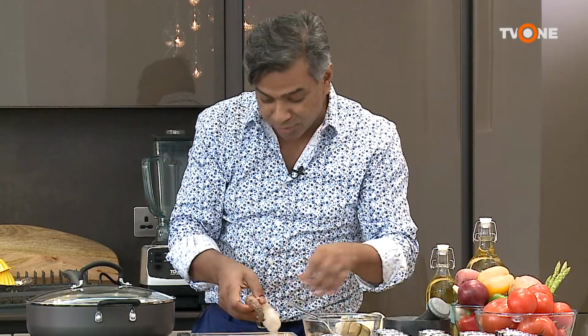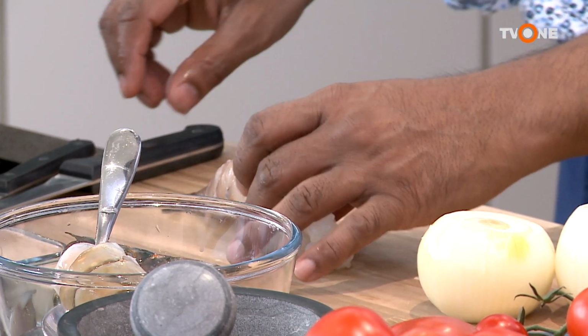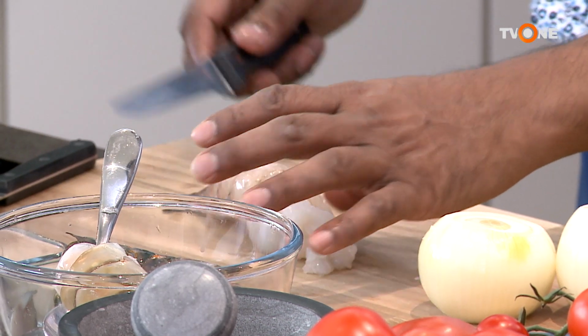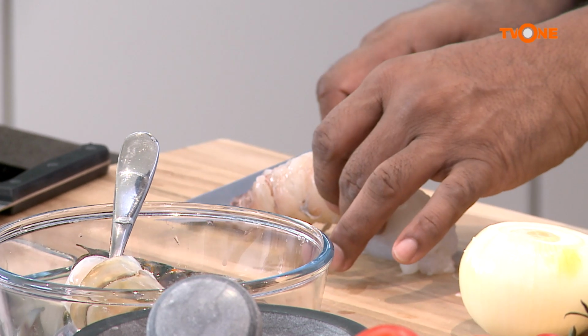Right. Okay. And then what I'm going to do is very important that we take its inner vein out, because that can upset people's stomach. So we need to clean that out. There's two ways to do it. I'm going to show you the simple way. Because the other way is you can put it on the tail and just